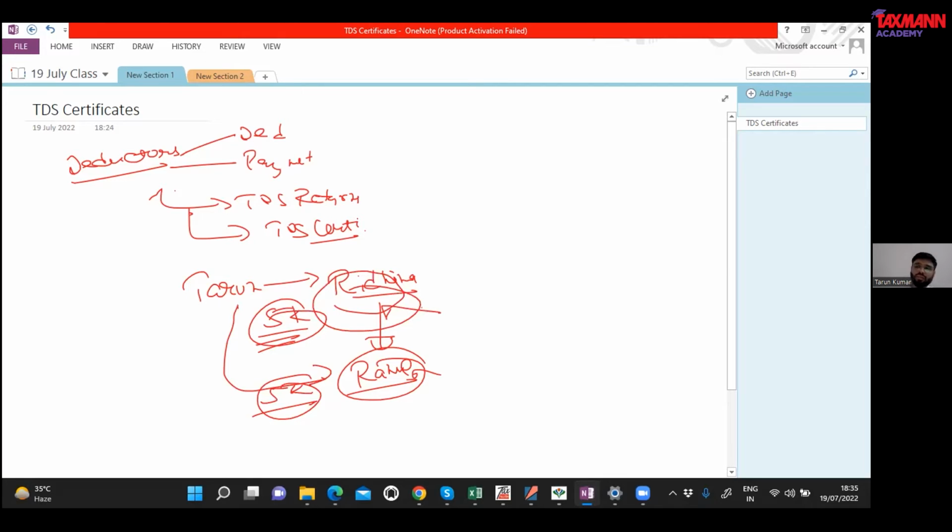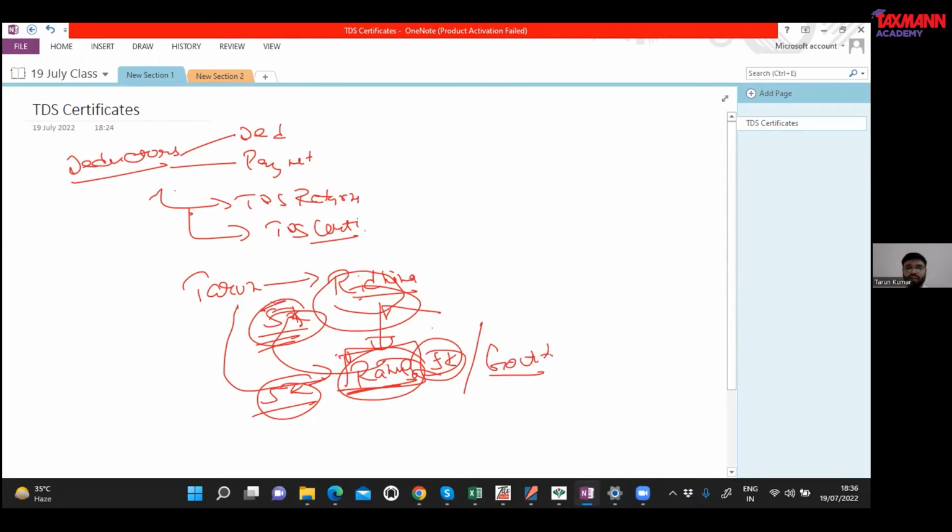How will she substantiate, or how will I substantiate that I have already paid this amount to Rahul on behalf of Ridhima? So for this purpose, I'll ask for a certificate from Rahul that on Ridhima's behalf, I have paid this much amount to you. So basically, I'll ask for a certificate from Rahul that you have received 5,000 on behalf of Ridhima from Tarun. So that's what a TDS certificate is basically. So if I replace Rahul with the government,